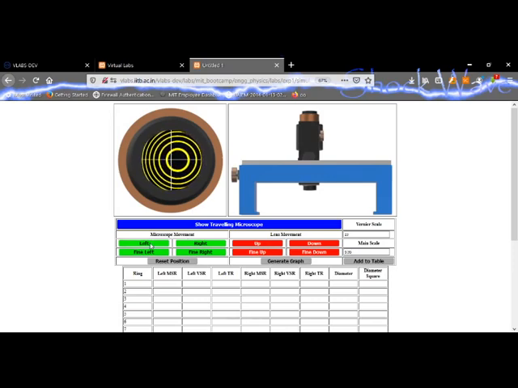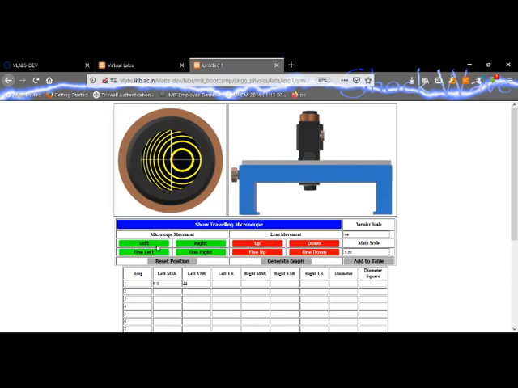Suppose this is the first bright ring, and I wish to take the reading, so I put it on the tangential position. You see there is a button here, add to table. The main scale reading is shown as 9.90 centimeters and the vernier scale reading is 44. We recall here that the vernier scale has 50 divisions. So let us add this reading into the observation table: MSR is 9.9 and VSR is 44.